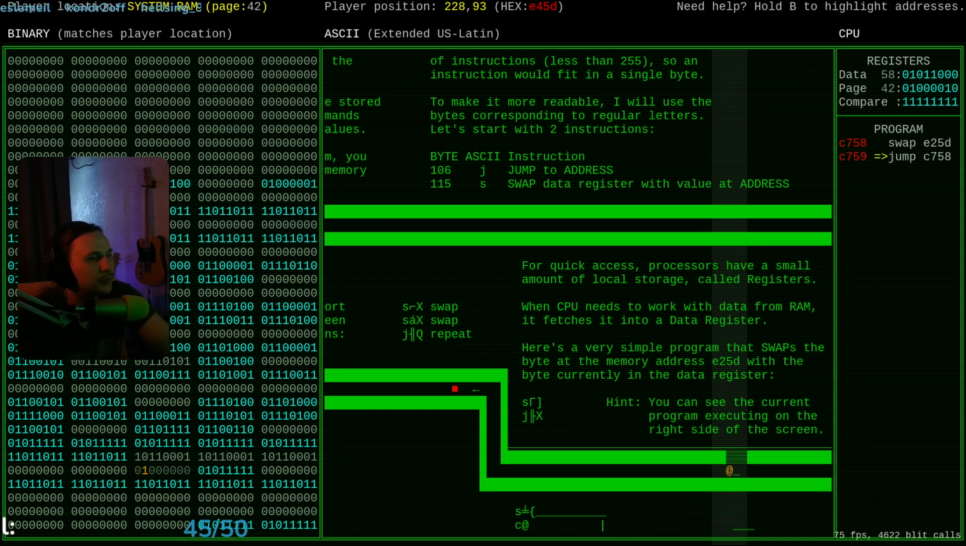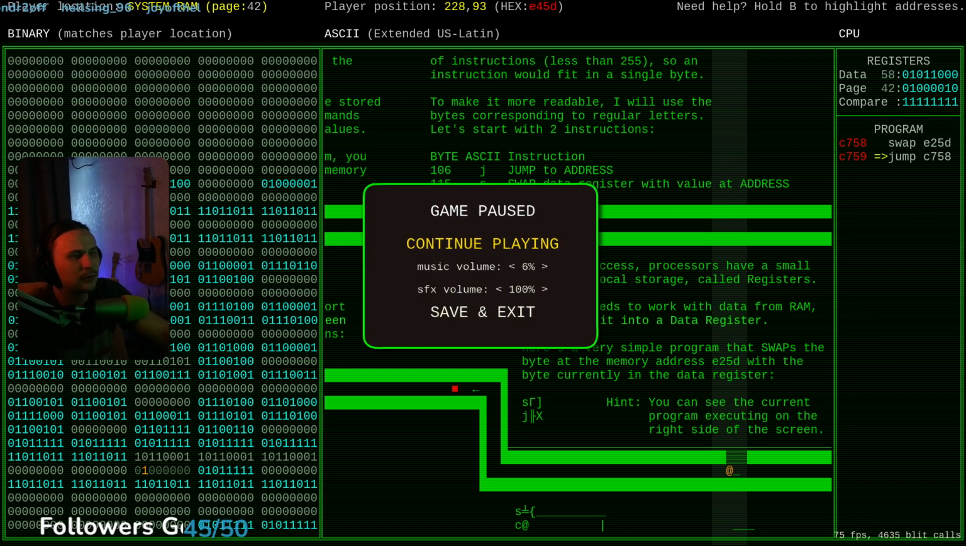Have a small amount of local storage called registers. We have